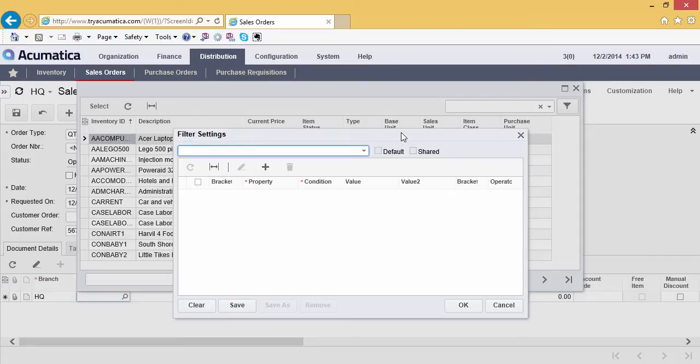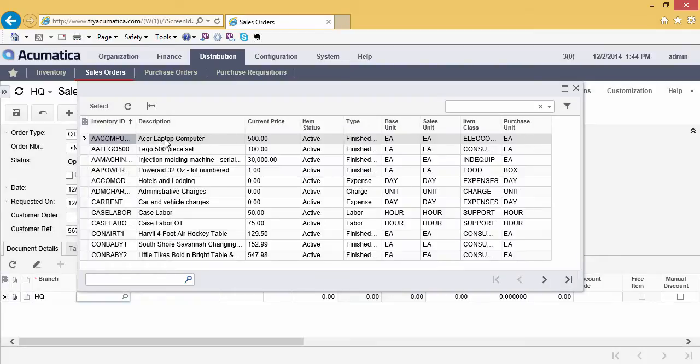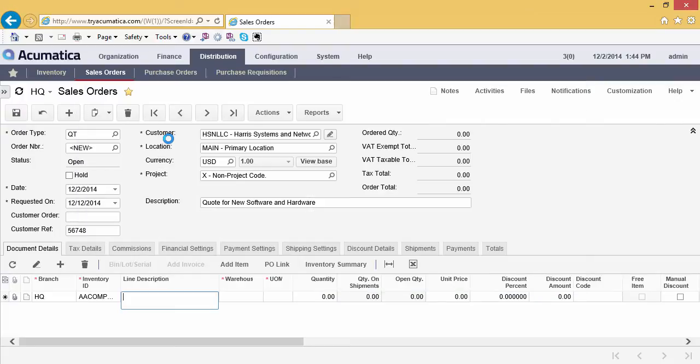So if you're working with potentially hundreds of thousands of product lines, rather than have to sort through all of that, you can configure the filters so it makes it really, really easy for you to do your data entry. Again, it just comes down to what are you trying to achieve with the software, what works for you, how does your business process work. All right, so I can build those filters, but in this case, they want their Acer